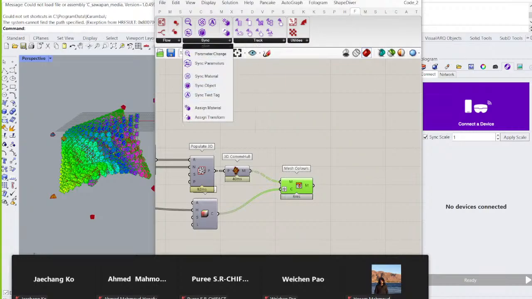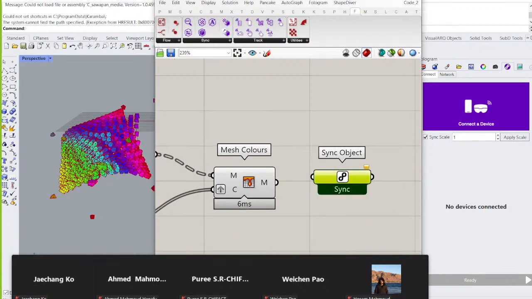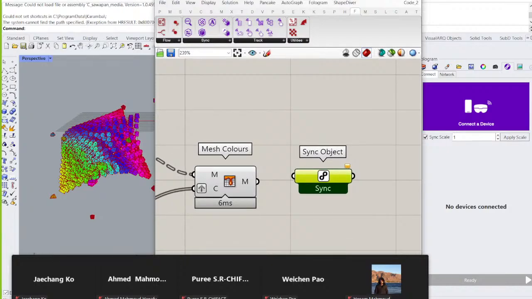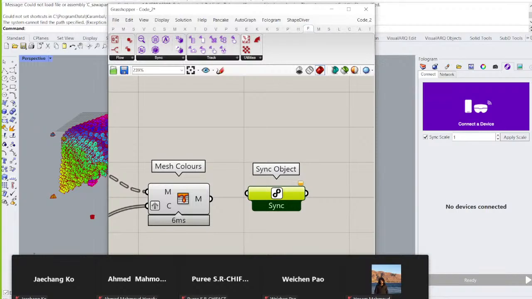Okay. Once we get our meshes there, we can go to the Hologram and get the sync object. So what does it do? It syncs this object into your phone and projects it in augmented reality. And in order to connect your phone into Grasshopper, you open